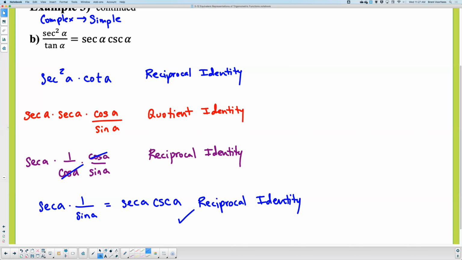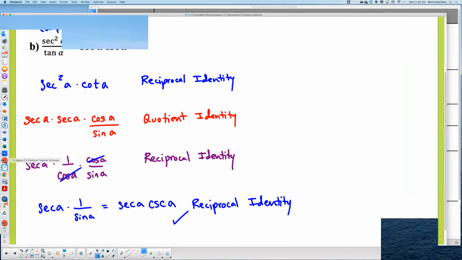Now, what I could also do if we were allowed to use the calculator is graph this on the left and then graph it on the right, and you would see that they are the exact same graphs, which means they're always identical to one another. That's why we call this an identity. Can you graph both of those to make sure? Yeah, I could. If we wanted to graph them to make sure that these are accurate,